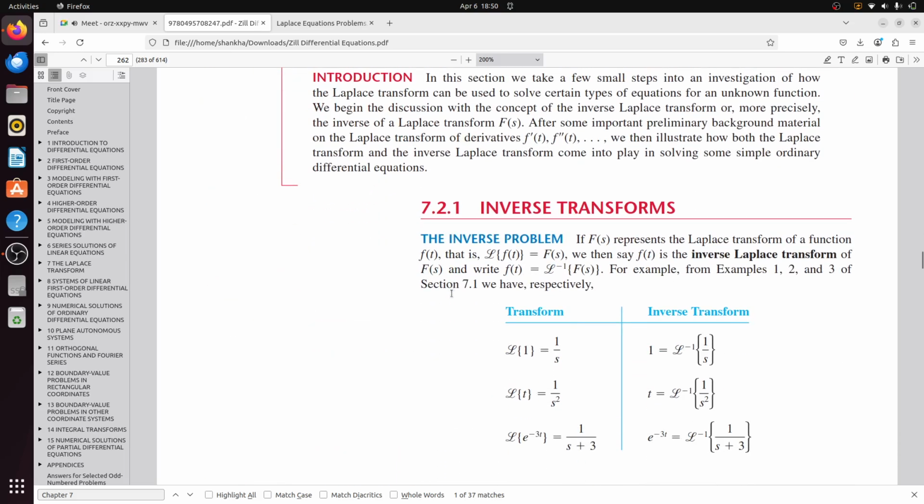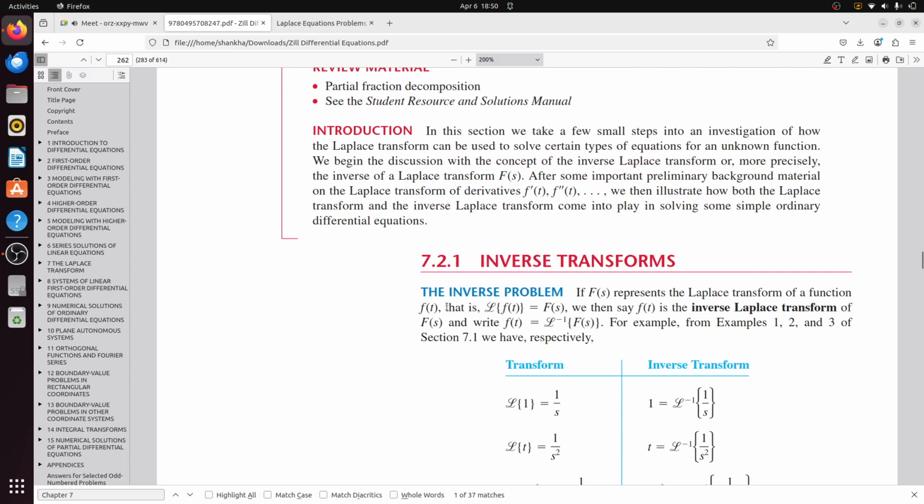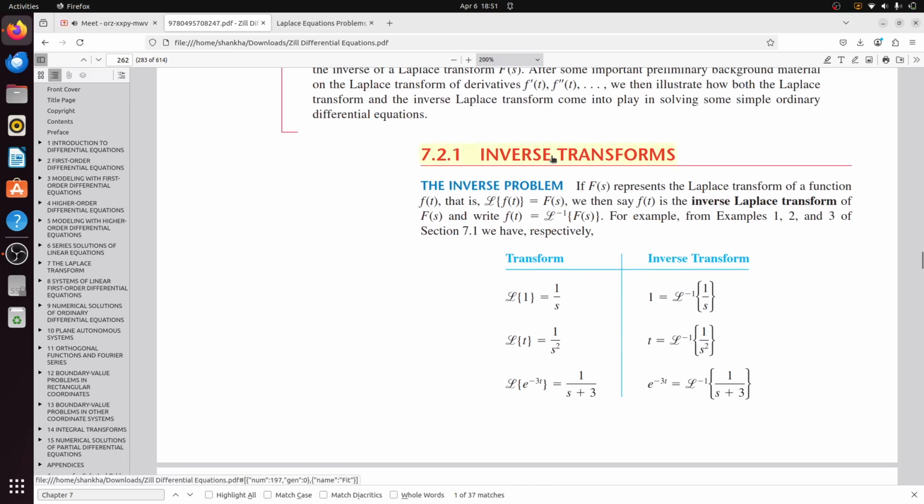Okay, so similarly we have learned how to calculate the Laplace transformation. Now we will try to learn that when you have the Laplace transformation, you need to identify the function back. Now how can these things be achieved? For that purpose you need to know inverse transforms of functions, such that Laplace transform